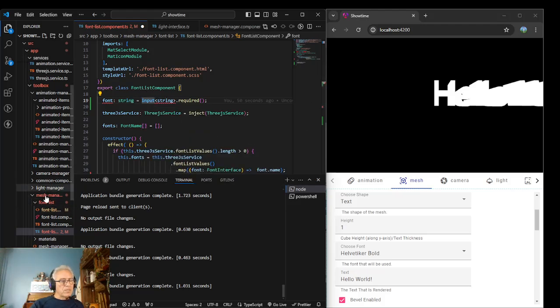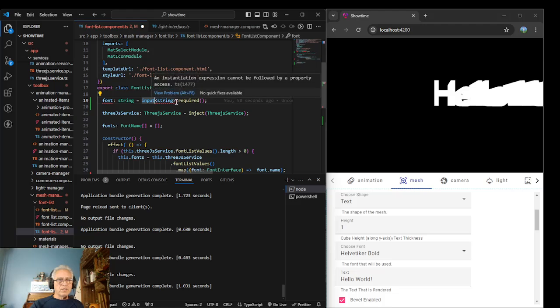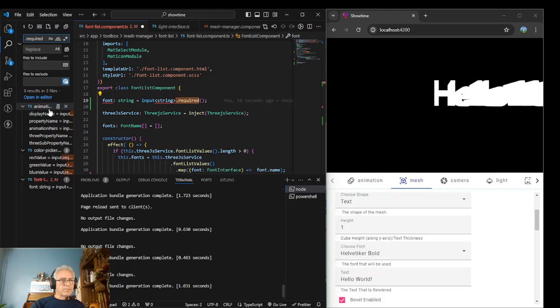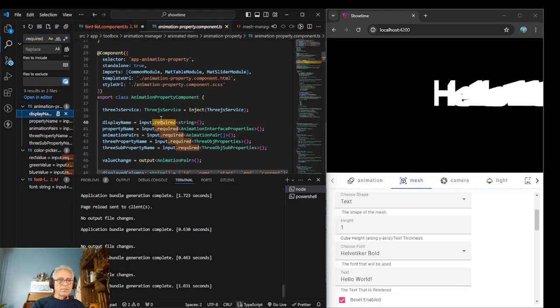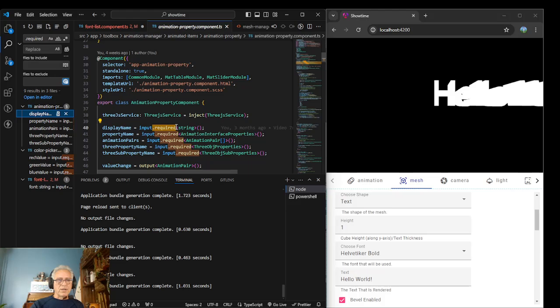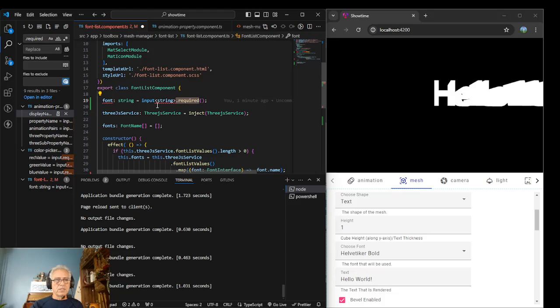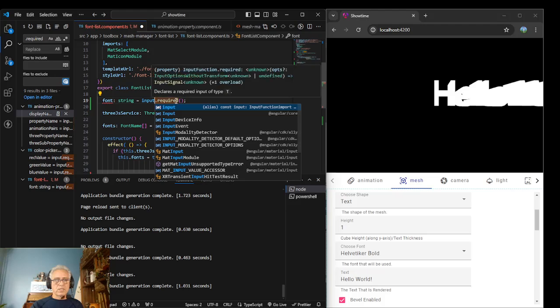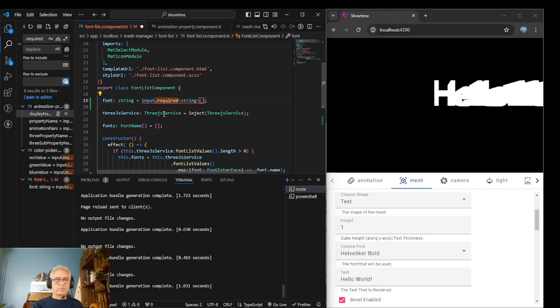Let's see. I know that there's another one that we do this, and it's going to have the dot required on it. So we'll go ahead and look for that. Input dot required. Okay, so the string comes after the dot required. So alt left, like this. Control X, Control V. Now,